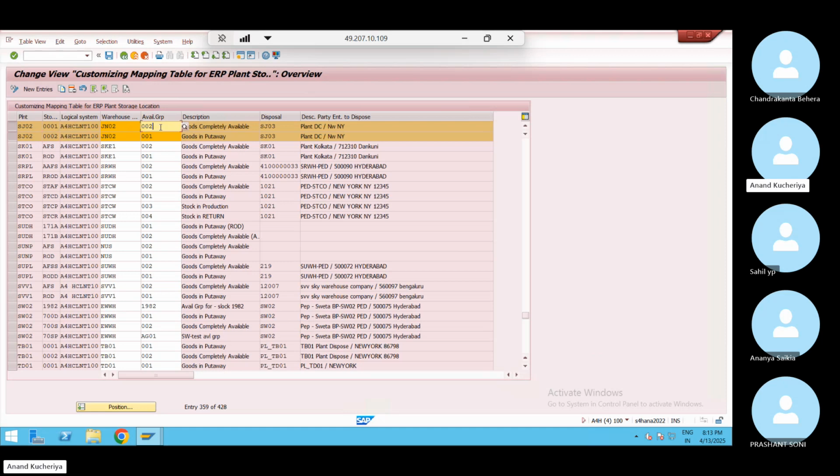Okay, and further, this availability group is assigned to the storage type. That means that storage type belongs to this storage location. Okay, let's say 0020, there is one storage type. For the storage type availability group, we have maintained 002. So whatever stock is available in the storage type is supposed to equal this storage location 001. Okay, so this is the configuration where we are able to find out the